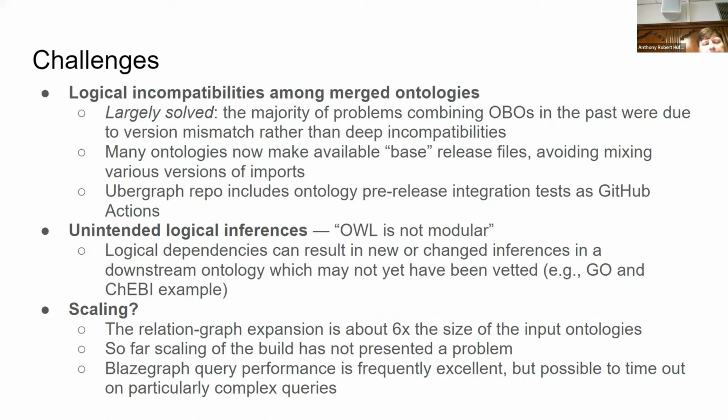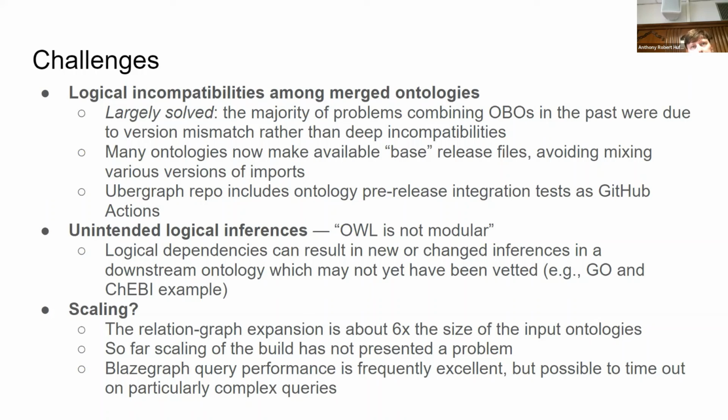So this is not really solved, and I don't think it's a huge problem, but it's something that we want to try to make sure that the hierarchy published by a particular ontology can be preserved and not have too many unexpected changes to it when you're working with a big merge set.